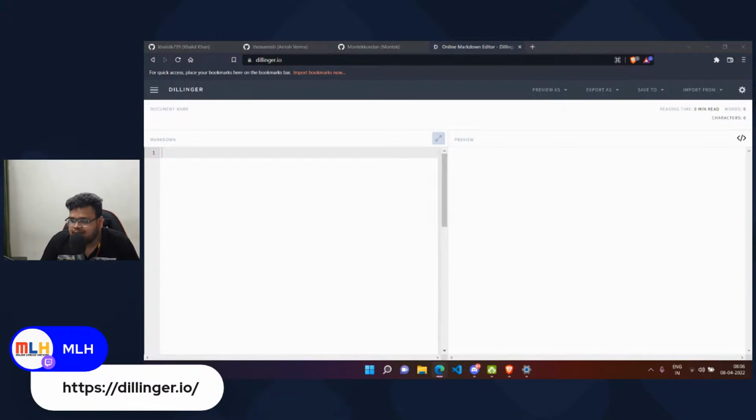So whatever you write in Markdown, it processes into HTML code and renders the output in the README or in the text file. So using Markdown, you can do many things directly.